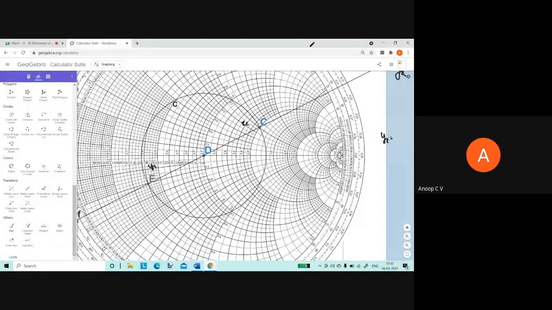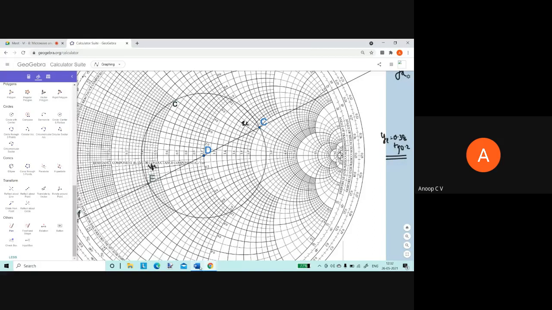YL is equal to, if you see, this is 0.3, 0.4. This is 0.32, 34, 36, 38. Right, YL is equal to 0.38. That is G equal to constant circle. And if you see R equal to constant circle, that is 0.2. Right, this is 0, 0.2, 0.4. So this is 0.2, so it is J 0.2. That is YL. YL is 0.38 plus J 0.2.